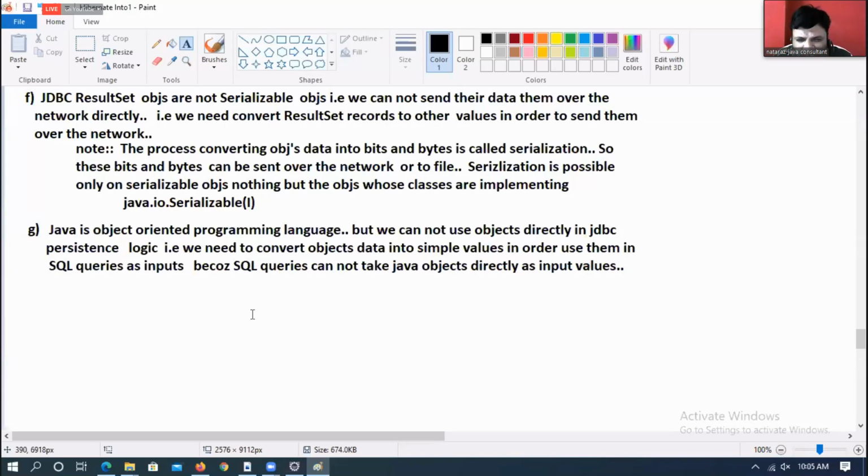Very, very painful process, right? That means being from Java, we cannot enjoy objects in JDBC programming, especially while developing SQL queries having inputs. We cannot take objects into queries directly. We have to convert them into simple values, then put them into the queries.